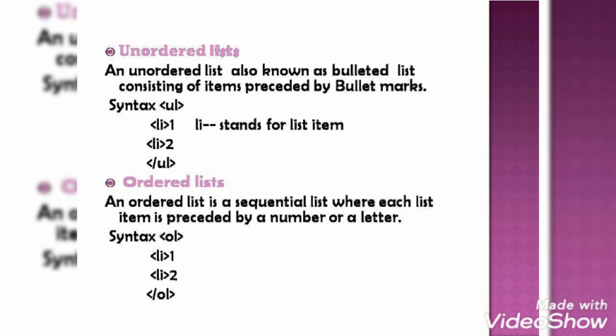Open the tag by using the brackets. List the items, list 1, list 2, in the brackets. At the end, close it by using / OL and close the bracket. You have to give your syntax, save this document as .html, and then you can view it in the web browser. You can see the list in front of you, with all the numbers. So we can use the ordered list and unordered list in HTML.